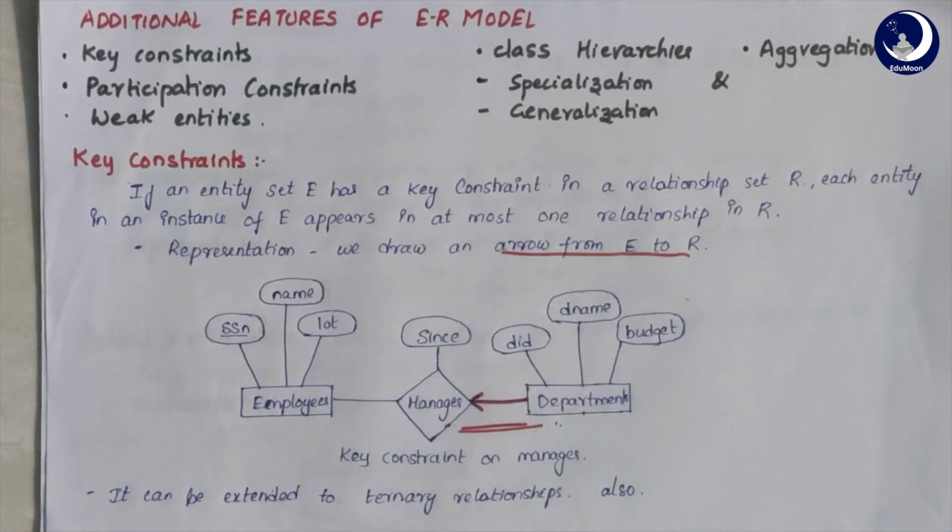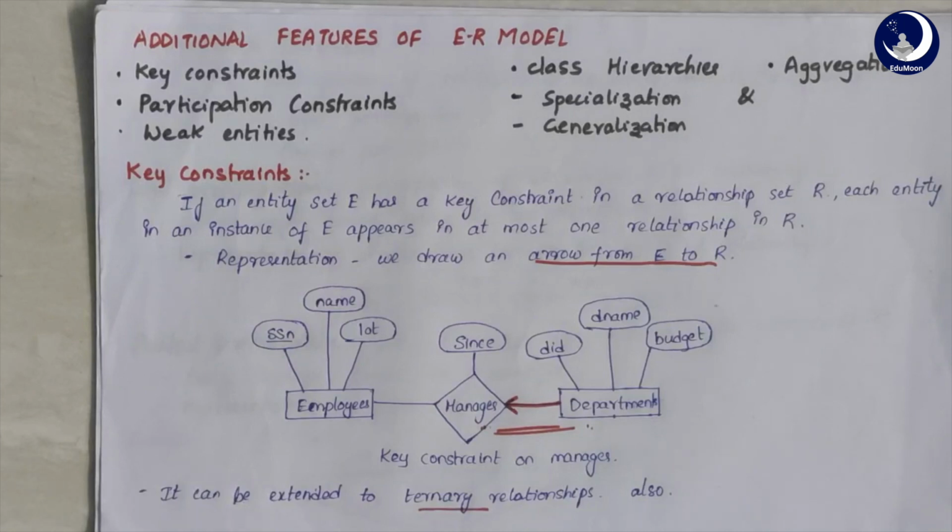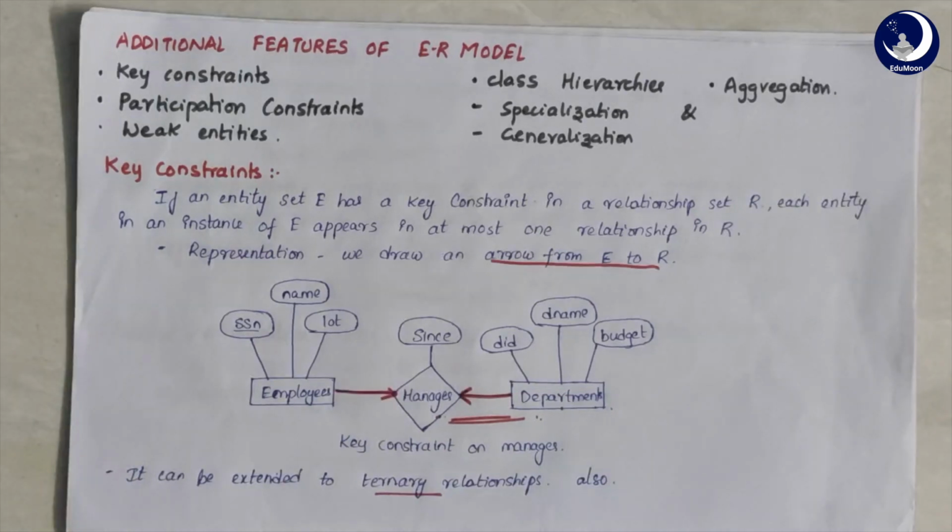This can be extended to a ternary relationship as well. It's simply adding one more entity to our existing example. So in this example, if I add location, this states that a department can have any number of workers working in it, and similarly, in one location, there can be any number of employees working. So here I'll state a key constraint that each employee should be working in at least one location and one department. This completes the key constraints.